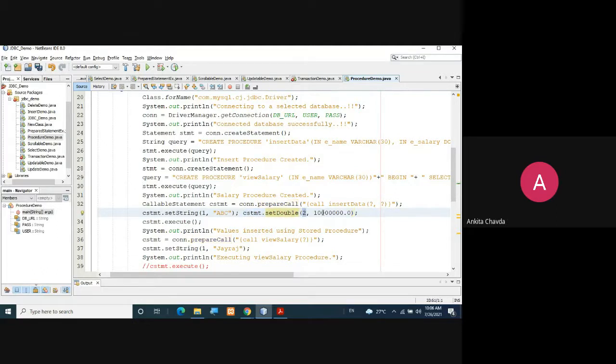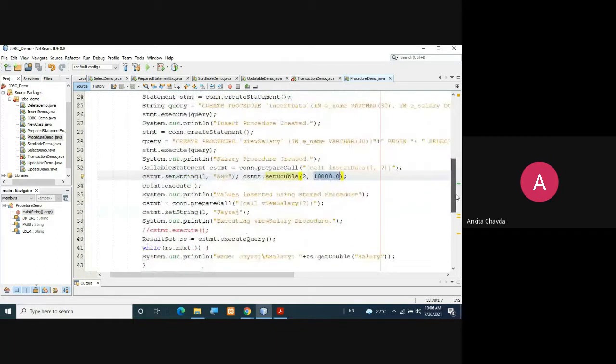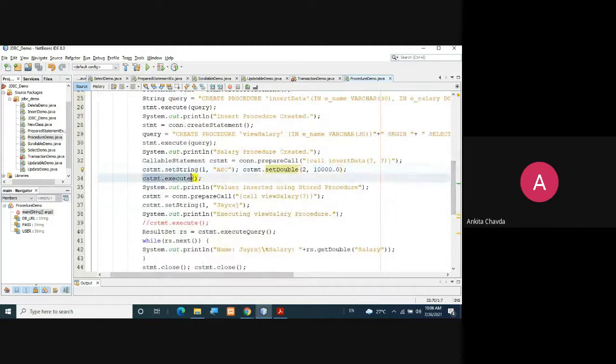For the second column I'm setting the salary. Okay, just keep it less. So this 10,000, whatever you are writing, is for the salary, which is in double. And then I'll simply execute this callable statement with the use of that object, cstmt.execute. So I'll simply execute it.